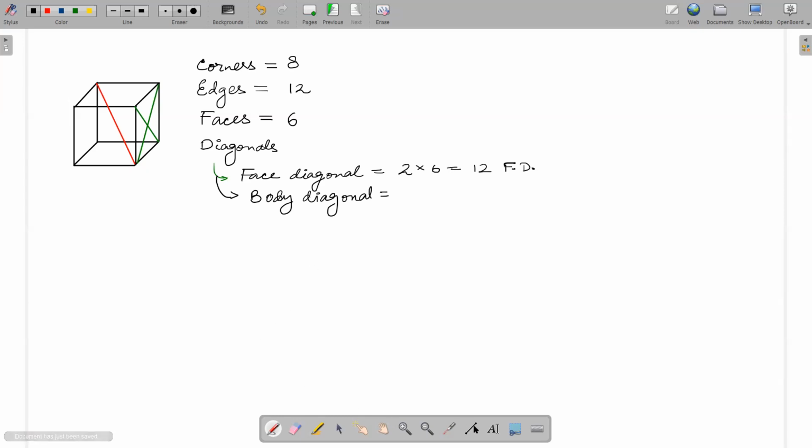When you want to see how many body diagonals, you have to look at the definition. How would you define a diagonal? What is a diagonal? Let us take a square and see what a diagonal is. How can we generalize a definition for diagonal? A diagonal is anything which joins 2 opposite corners, correct?